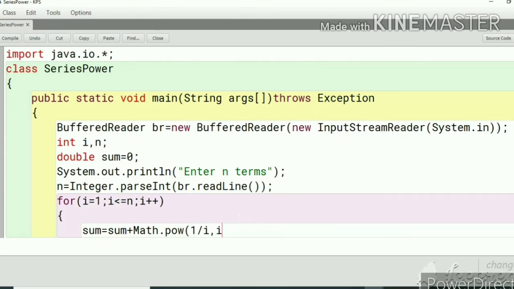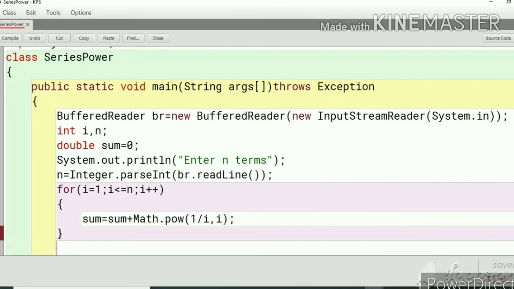So it should be the raised power i, because the raised power also keeps on changing according to the value of i.